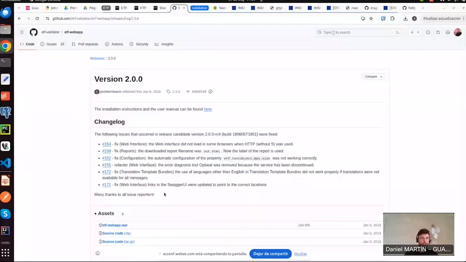Hi again, now we will see how to deploy a local instance of the ETF on a Jetty server. First of all, we will need to download Jetty. ETF recommends us to use version 9, which will be the one we'll be using. And we will also need the WAR file for the ETF. Once we have downloaded these two files,